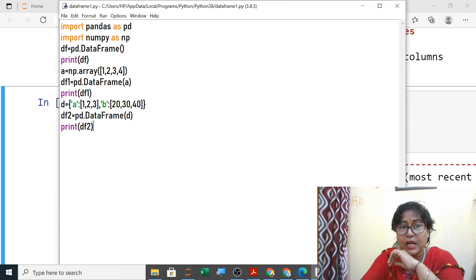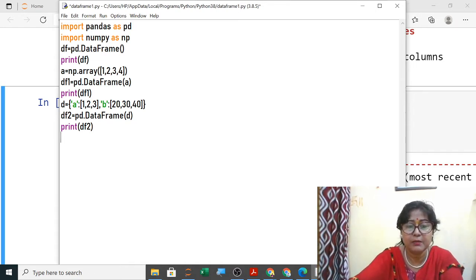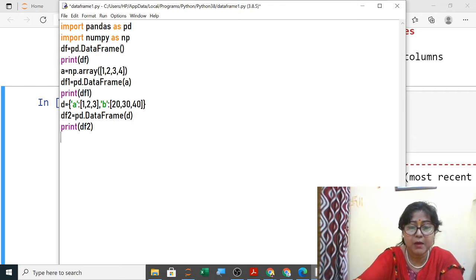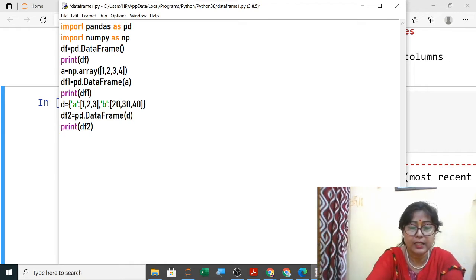So now if you are asked to create a student table, how will you create it? Now student name and marks you require. Using an array you can create, using this dictionary you can create. Suppose I have all the names of the students, so I will ask the user to enter all the names. Two methods I am showing you.